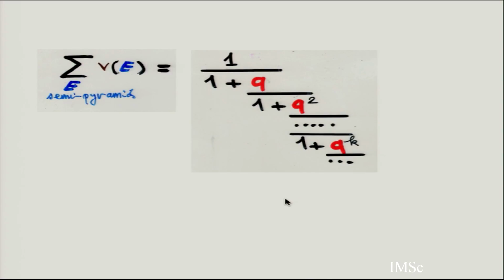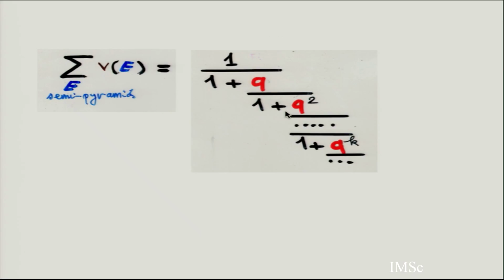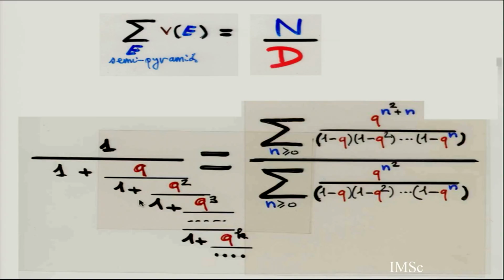Now you can apply this to the q-Catalan. If you go back to the q-Catalan, this gives also this continued fraction. Now there's a q and the t, and the weight is slightly different. Instead of q, q^2, q^3, it's 1, q, q^2, and there is a minus here instead of plus, and there is no t here. Why there is no t? It's because it's called the Ramanujan continued fraction. If you apply now the inversion lemma, the generating function for semi-pyramids is given by this continued fraction, and it's given by the numerator of the bi-director, so it's given by this. So you get this nice identity with a very simple, nice explanation of it.